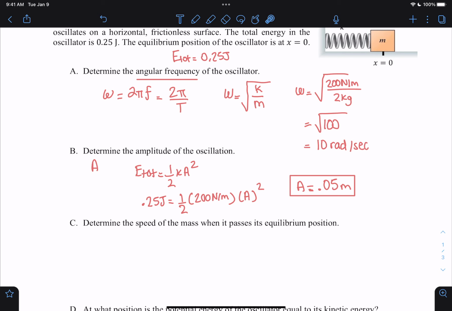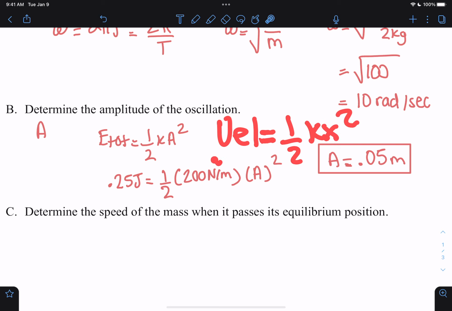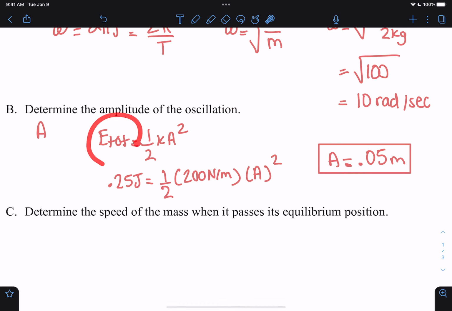Yep, that's actually the exact same idea, same equation, right? Elastic potential energy is equal to 1/2 k delta x squared. However, in this case, it's literally the exact same thing. It's just that when you write U_el, that's your elastic potential energy, half k x squared. This can be used to figure out the elastic potential energy at any stage of compressing or stretching the spring. However, when we use E total is equal to half k A squared, well, the amplitude is